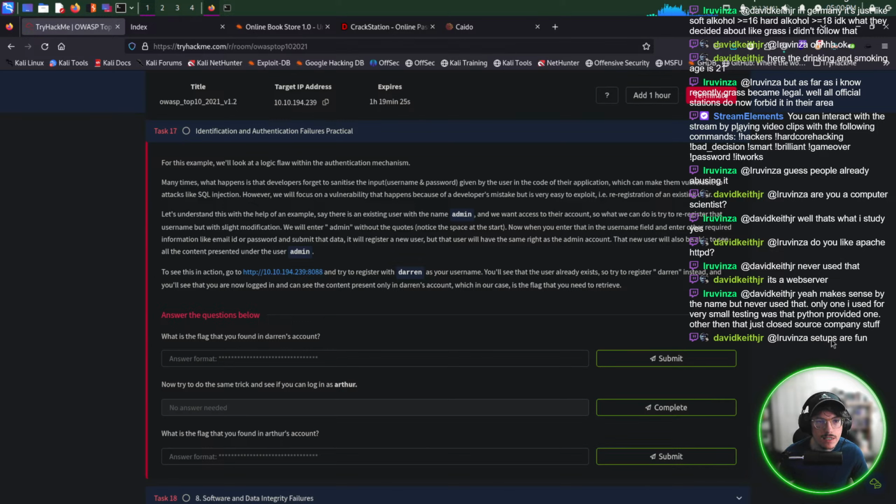Identification and authentication failures practical. For this example, we'll look at a logic flaw within the authentication mechanism. Many times what happens is that developers forget to sanitize the input, username and password, given by the user in the code of their application, which can make them vulnerable to attacks like SQL injection. However, we will focus on a vulnerability that happens because of a developer's mistake, but is very easy to exploit, i.e., re-registration